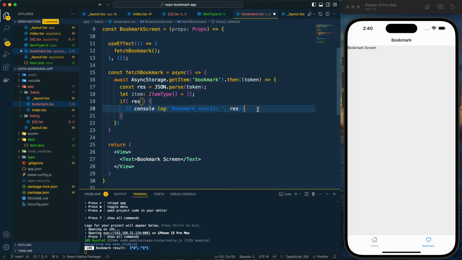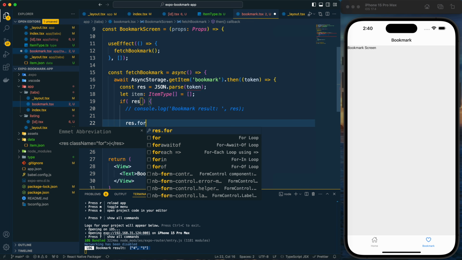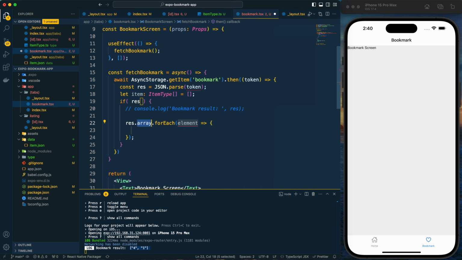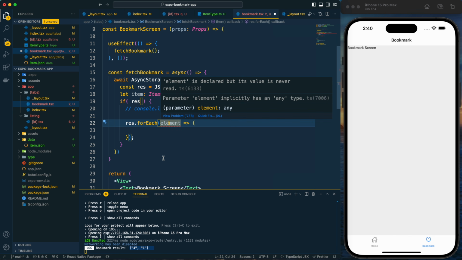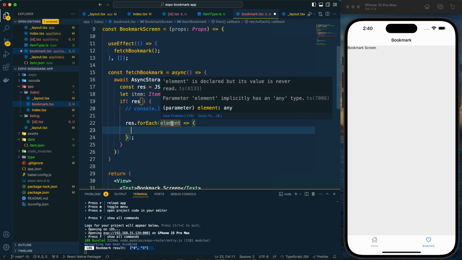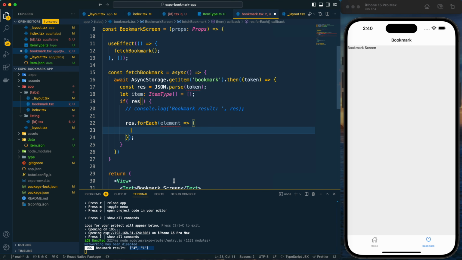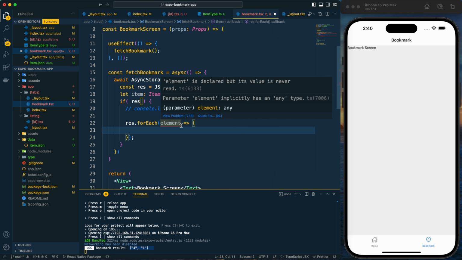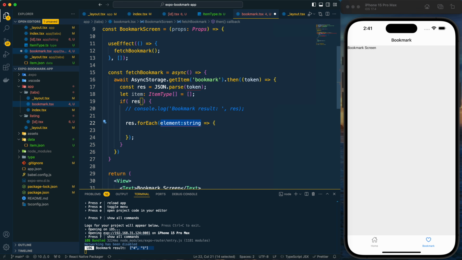And now after this, I need to check for each item within this result array. For this array, we are going to run this function, and we are going to get the element. So that means we will first get this element. For that we will run the function, whatever we will do here, and then after that it will be for this, and so on. So we will get the element, and that element is this ID. So it is the type of string, and let's provide that in a parenthesis.